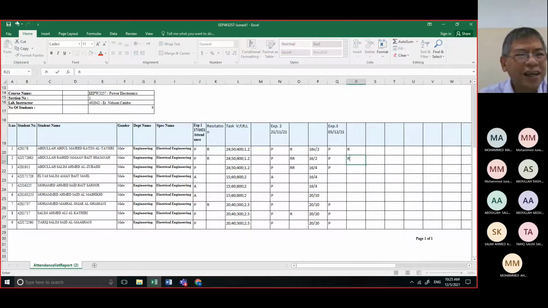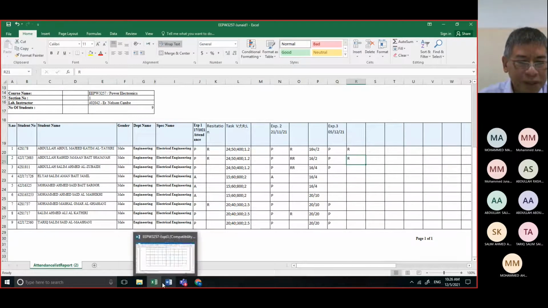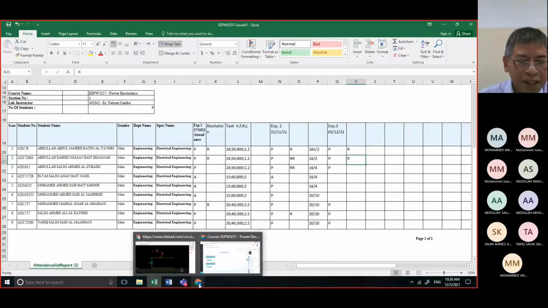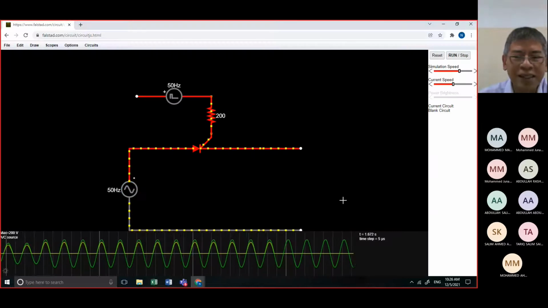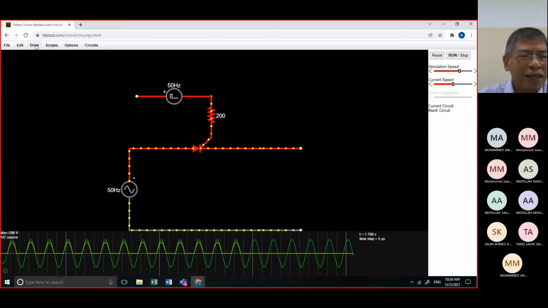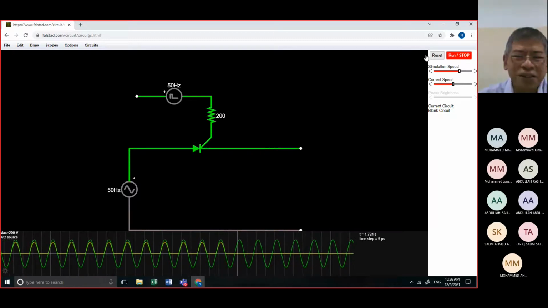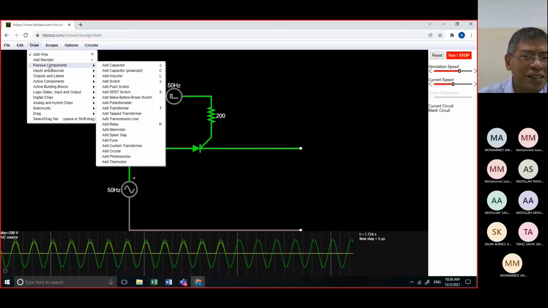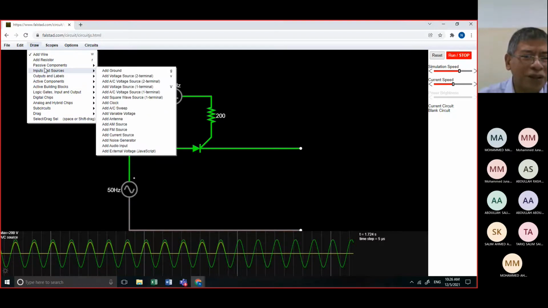Now, next question. What happens if, instead of the load resistance, I stop first so that I can change that load resistance into a capacitor?